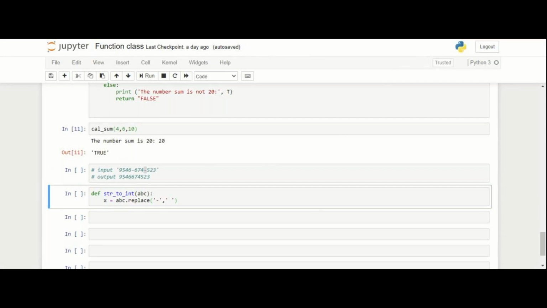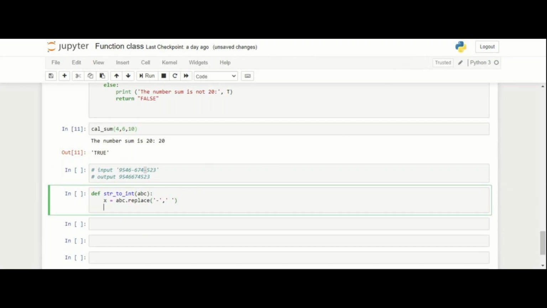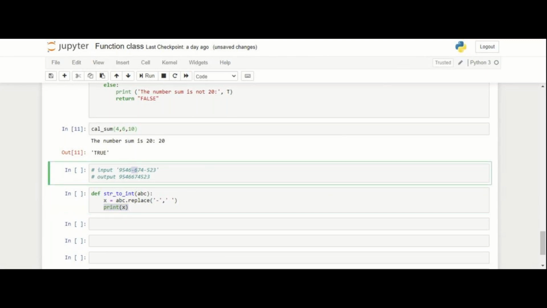You can print the text also, or if you don't want, you can leave it. For example, I can write print of my x. After the replacement, I can see these two dashes are removed. I can see the output like this, but it has still not changed into integer.